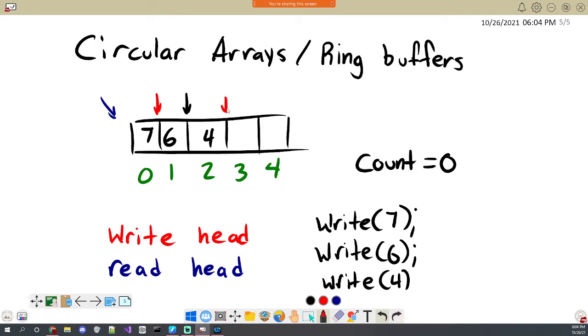It basically just writes wherever it's going and then reads as it goes. And I suppose if we do this implementation where it keeps the count, it would also want to increment the count each time, just to let you know how many things are in there.